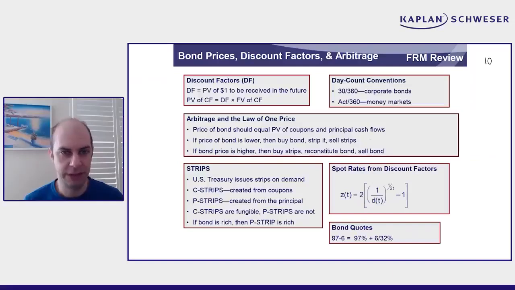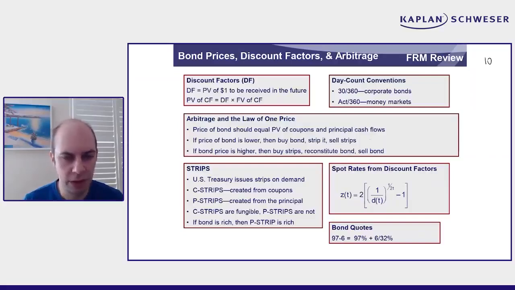So, bond pricing, discount factors, arbitrage. Of course, we have seen a lot of that already in book 3. Book 4, of course, introduces discount factors, which are intimately related to spot rates. So, a discount factor is simply the present value of $1 to be received in the future. So you could conveniently use discount factors instead of spot rates to discount cash flows and to obtain the arbitrage-free